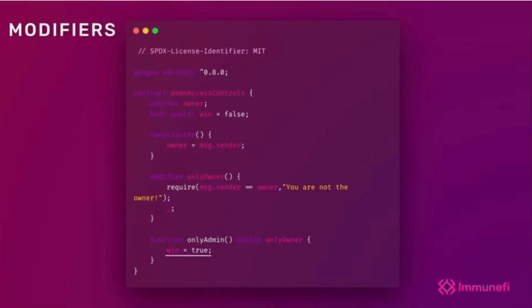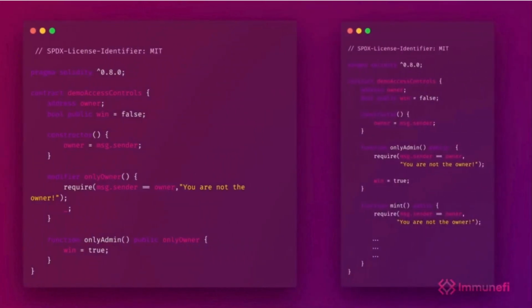modifier conditions are satisfied. Let's understand what happens if we remove the onlyOwner modifier from the onlyAdmin function. As the function is public, anyone on the internet who calls it can set the value of win to true, because we are not checking for access control. As a result, it's important that we implement an access control system to secure sensitive functions. We can also add the conditional check directly in our functions, but it makes the code messy and lengthy. The code still works the same and checks whether the caller is the owner of the contract and throws an